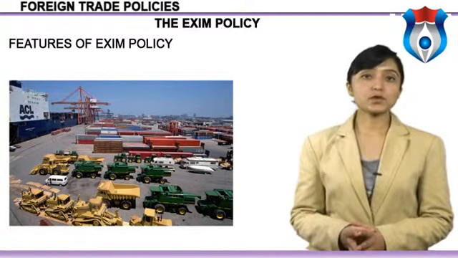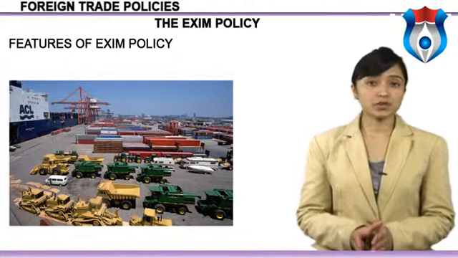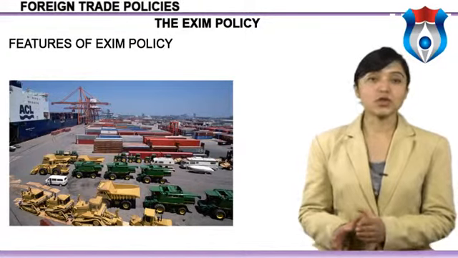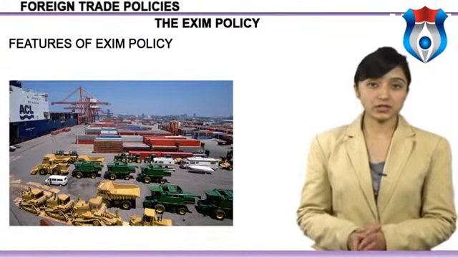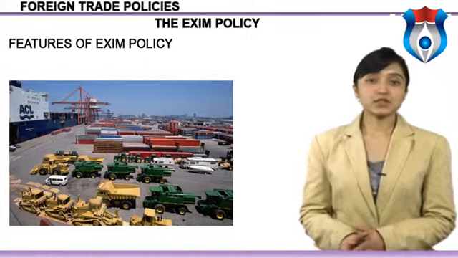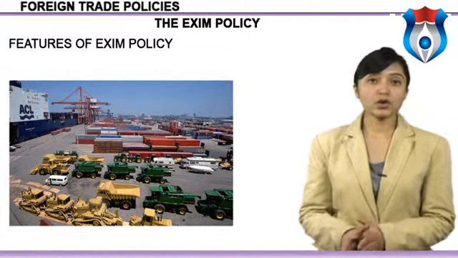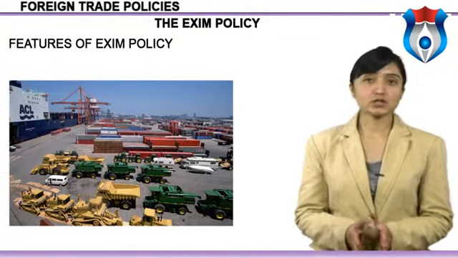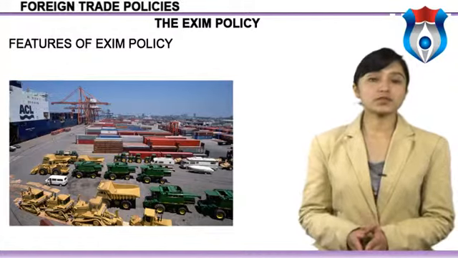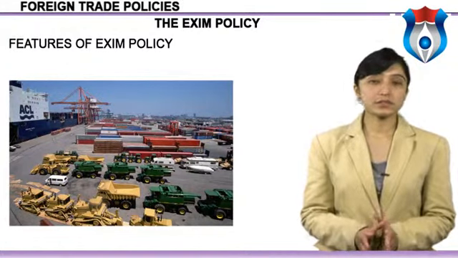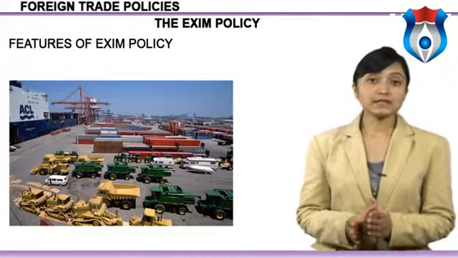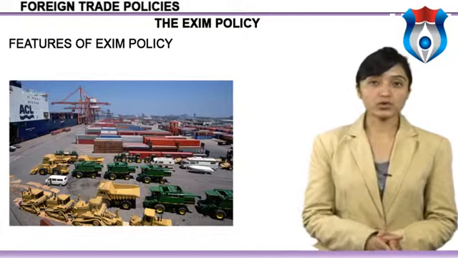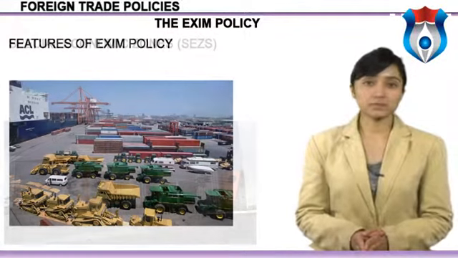The main thrust of the policy is to push India's exports aggressively by undertaking several measures aimed at augmenting exports of farm goods, the small-scale sector, textiles, gems and jewelry, electronic hardware, etc. Besides these, the policy aims to reduce transaction costs to trade through a number of measures to bring about procedural simplifications. In addition, the EXIM policy removes quantitative restrictions (QRs) on exports except a few sensitive items.